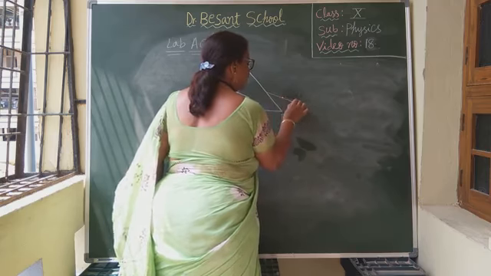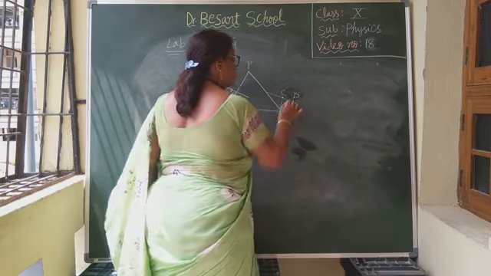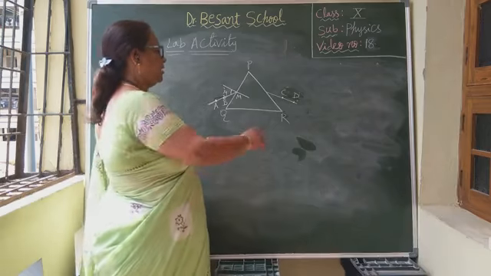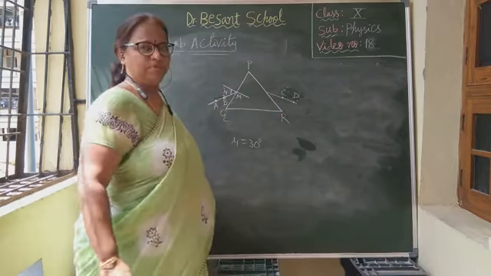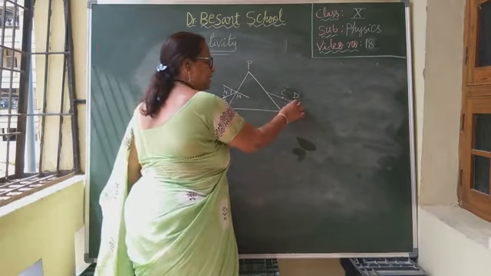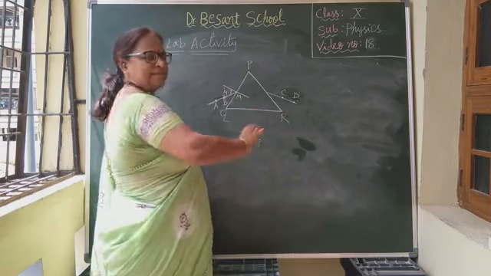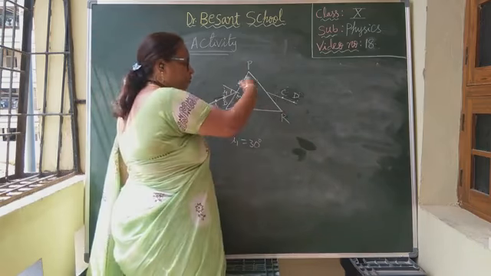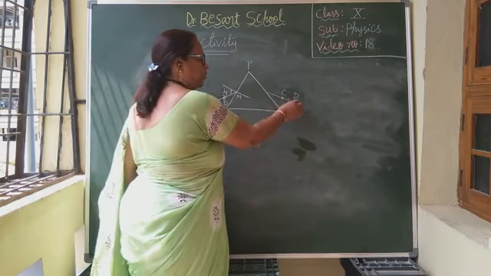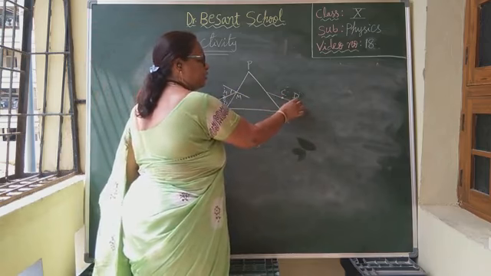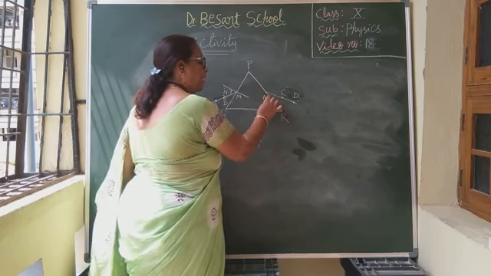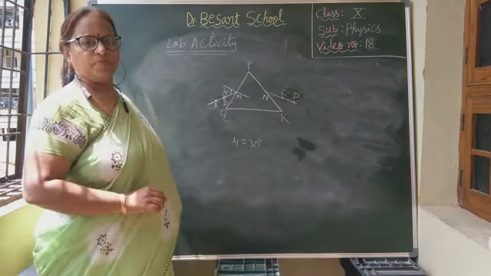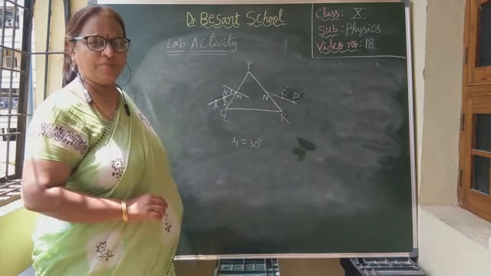You will get it like this in a straight line. Join C and D to the other surface PR. Once you fix the two pins C and D such that all four are in a straight line, remove the prism and the pins, and join those points C and D to the other surface PR at point N. I hope you are following me, children.